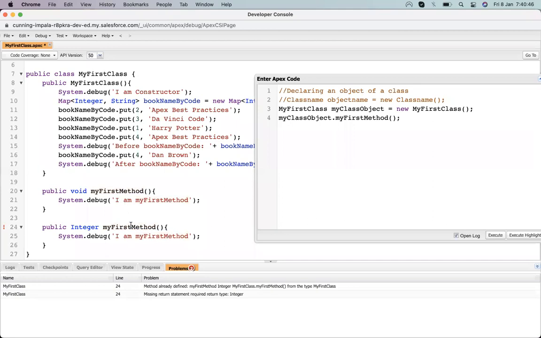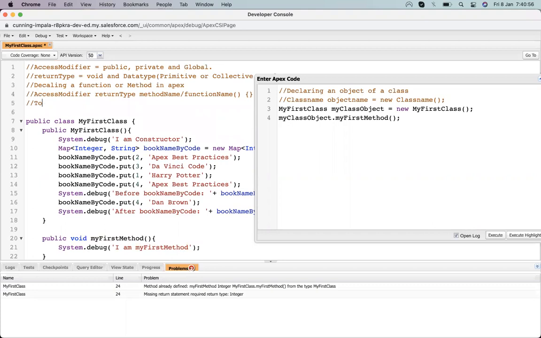So we need to change the name. Two methods cannot have the same name, or instead of same name we can say same configuration. We will talk about that.